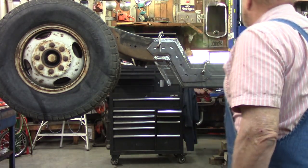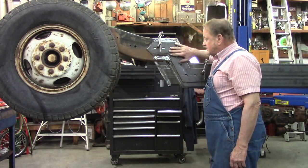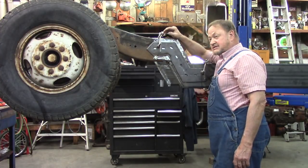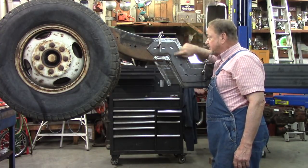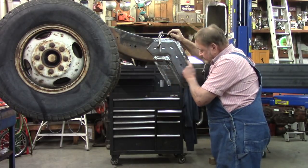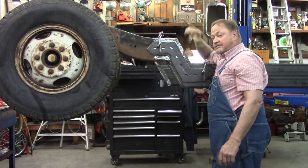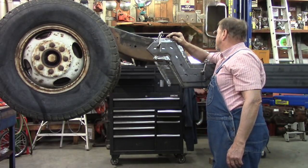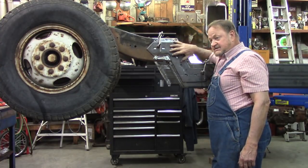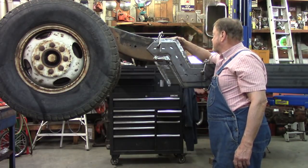Alright. Gonna be plated inside now. This frame is all welded up. I spent several hours welding the frame before we even had this. It's all welded up solid. All through here and on the inside and up on the inside up here, down through here and around. It's all welded up really good, but I'm still gonna put these plates on the outside and on the inside